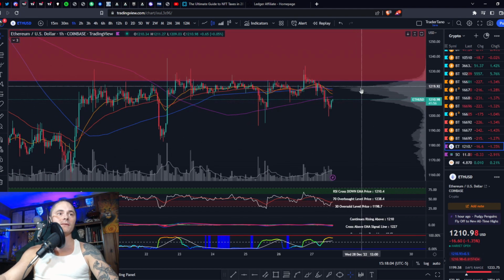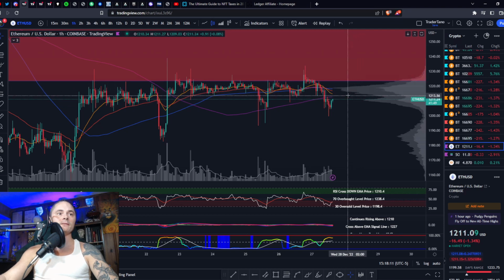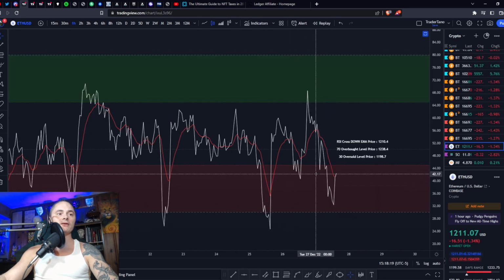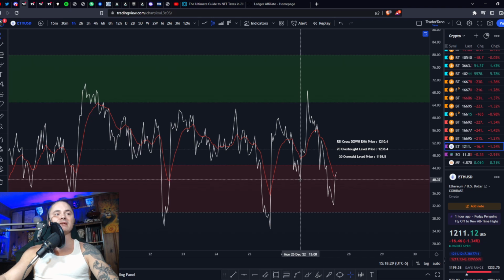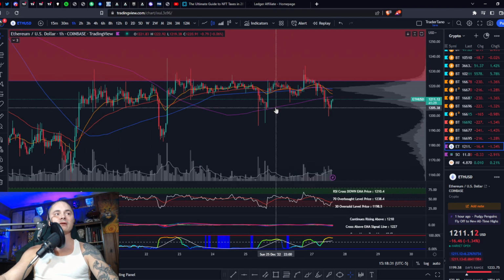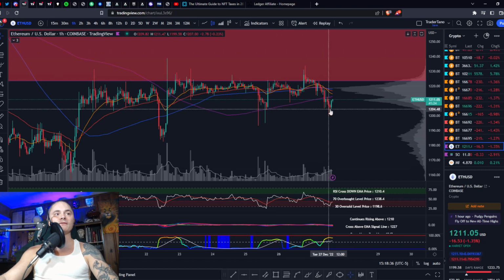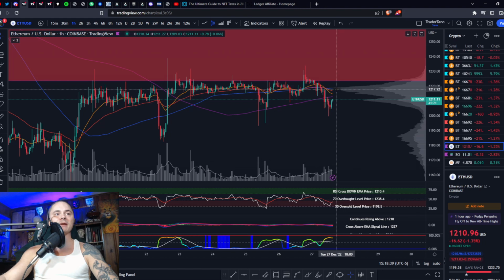All right, so we have our moving averages coming in at the POC. This is where we could probably get back up to, maybe even get rejected here at the 200, at about 1212, where the 200 is right now. We are in the bearish control zone on the RSI, trying to get above that signal line, but are we going to get rejected from the top of the bearish control zone? If we get rejected from the top of the bearish control zone and get back below this last low, that's not going to look too good. Now, we do have bullish divergence, slight bullish divergence, which could, like I said, lead us back up maybe to the POC,